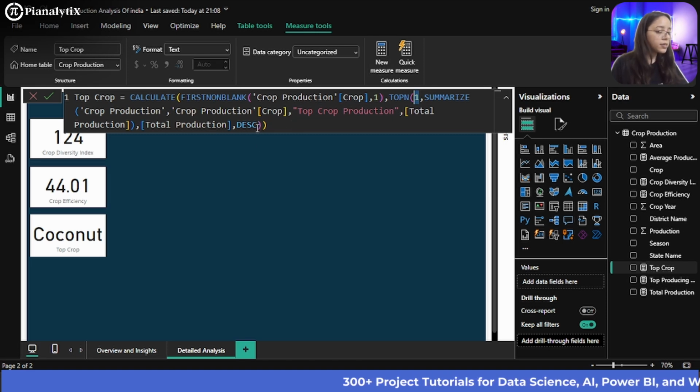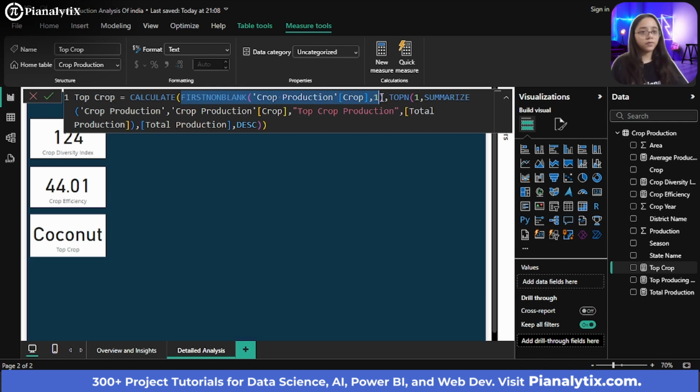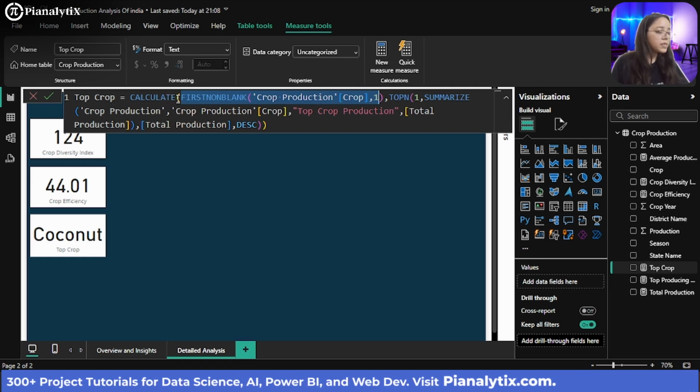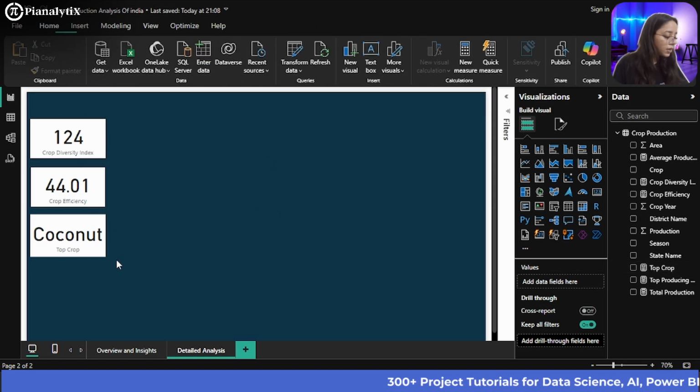Then it checks that the extracted top record is not blank and there are no null entries in it. Once that is verified, the calculate function extracts the name of that crop. That is how this expression has been created.